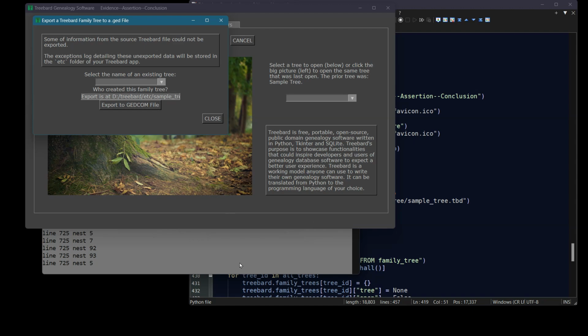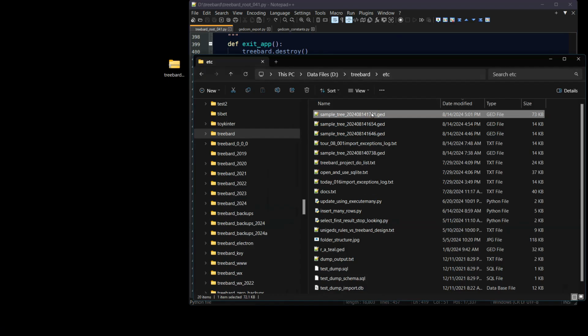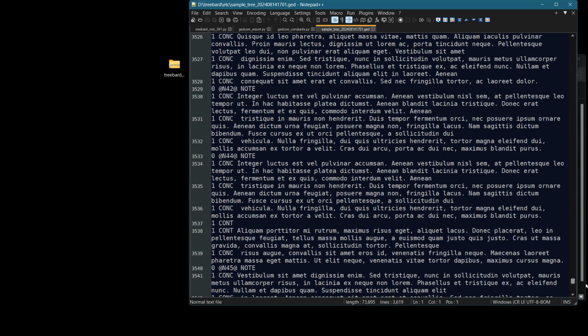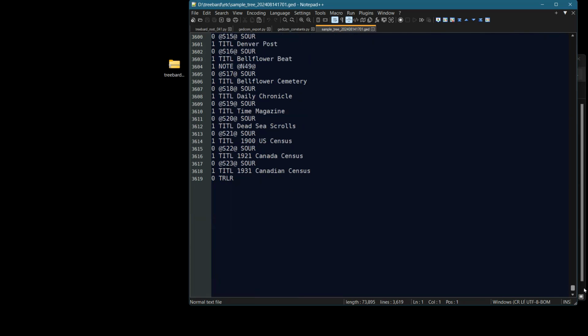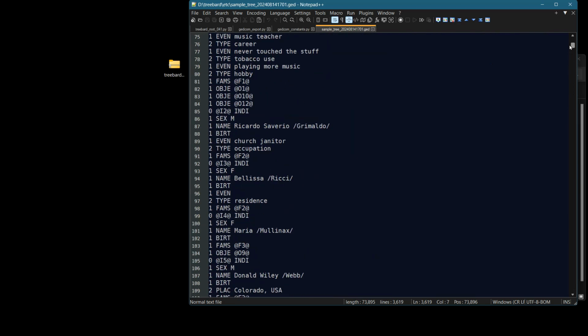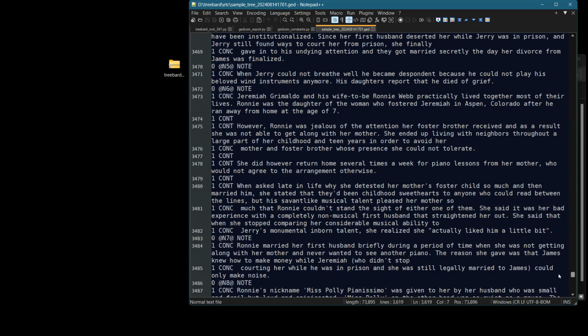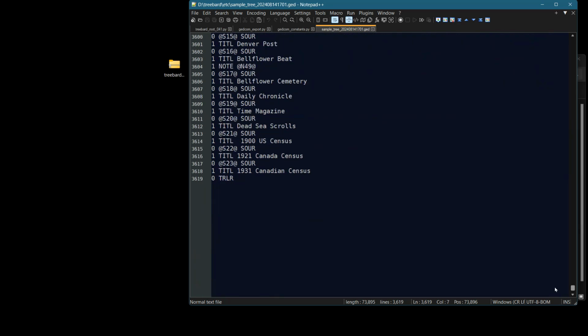Okay, I think we got a go this time. That's the right one. Oh, this time we got 3,619 lines of GEDCOM ending in a trailer. As you can see, TREEBARD does not put a blank space at the end of the line. That is correct. A lot of programs are sloppy in that way. We made sure ours wasn't sloppy in that way. And that is a perfectly good GEDCOM file made by